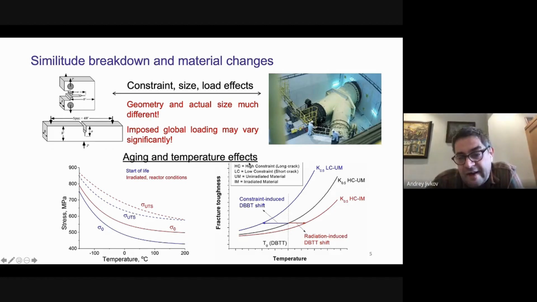While some aging factors, like, for example, radiation-induced damage in the material, may shift this curve to the right, as the red curve shows. So that, I'm sorry, this seems to be, oh, well, this is the average fracture toughness. That's the meaning of K 0.5. On top of that, the fact that we have temperature dependence and aging dependence and constraint dependence, we